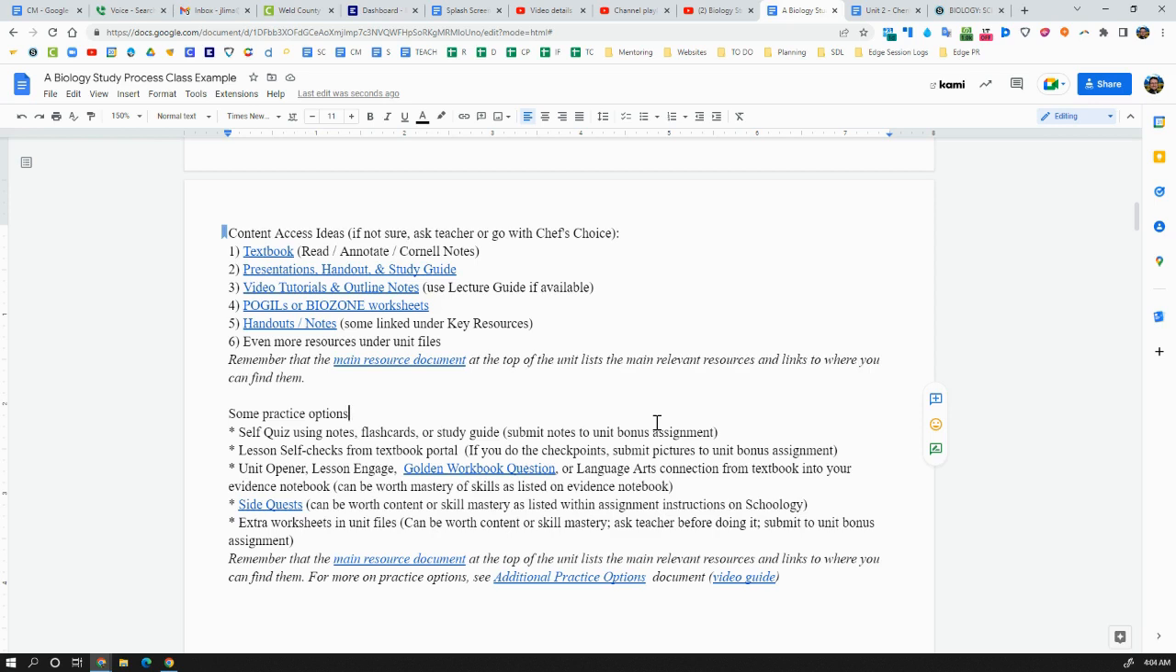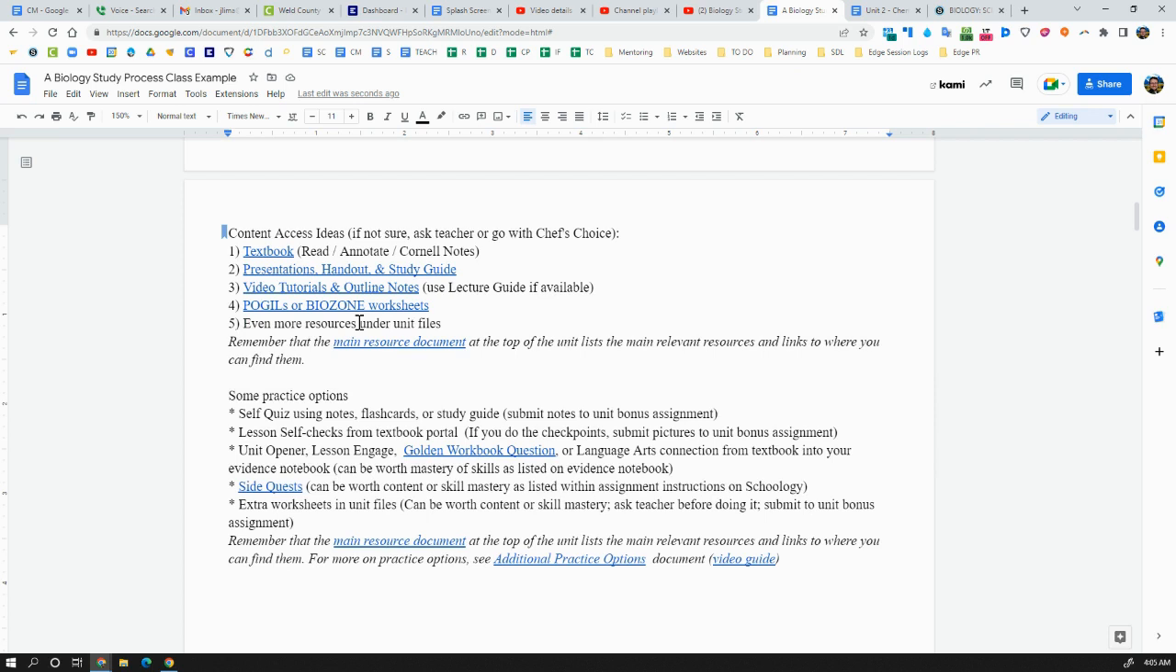Another option is to learn through inquiry-based worksheets such as POGOs or biozones. They're called conceptual practice worksheets, and they can count as practice too, but they're the kind of worksheet that you can learn by doing. So you don't actually need to read a textbook in theory or anything else in order to actually access the content. And on top of all of that, every single unit has additional resources under unit files when you look at